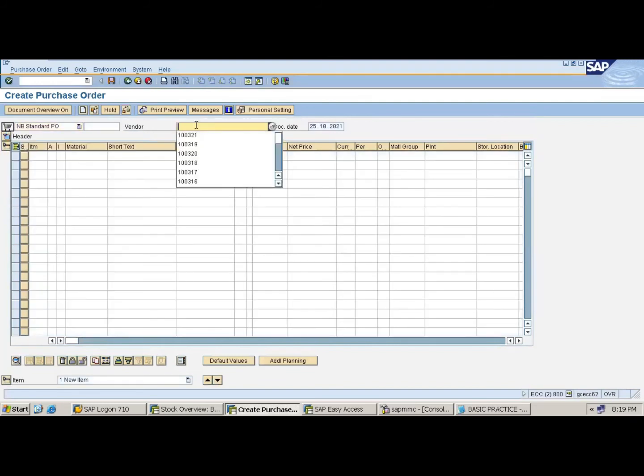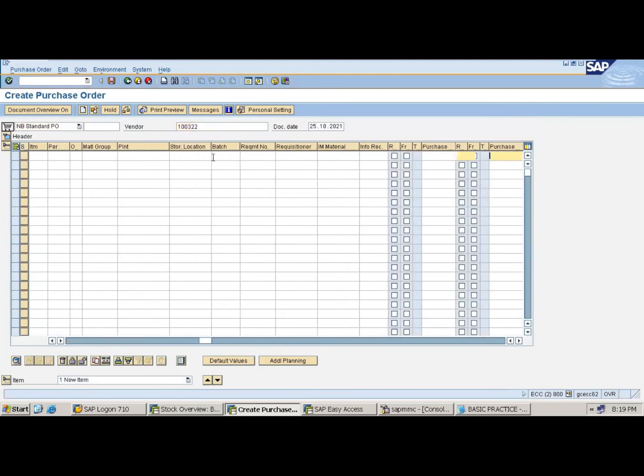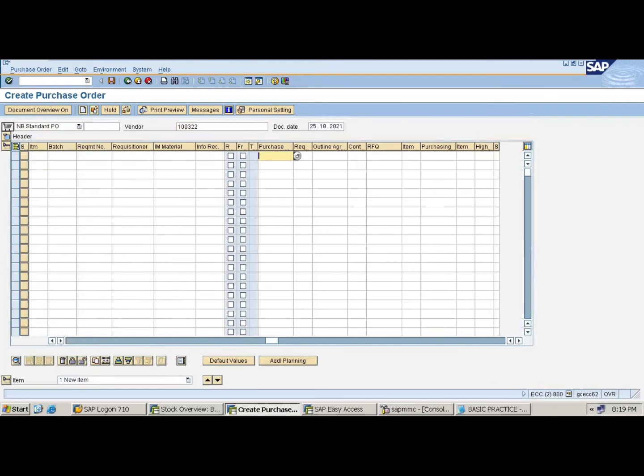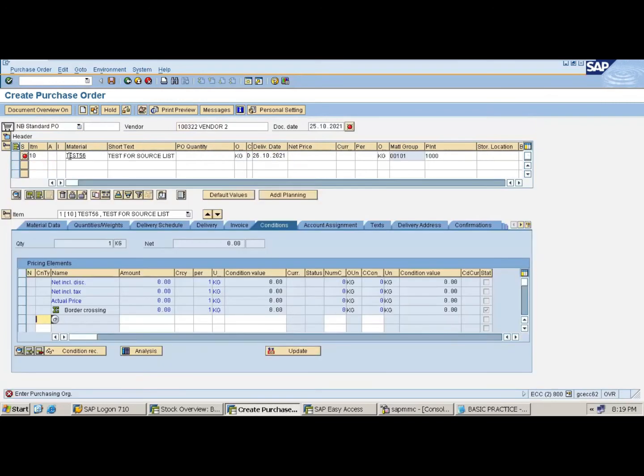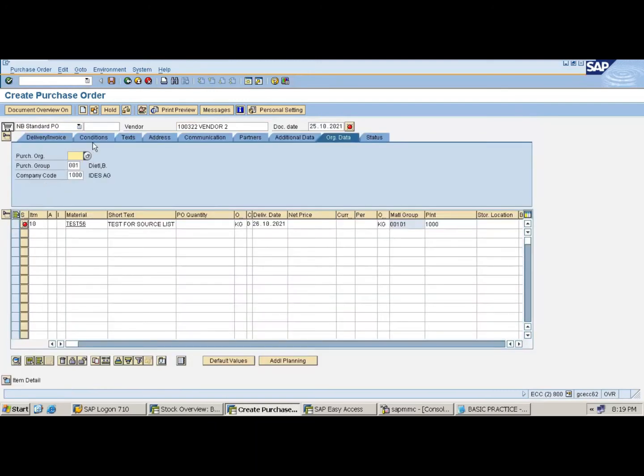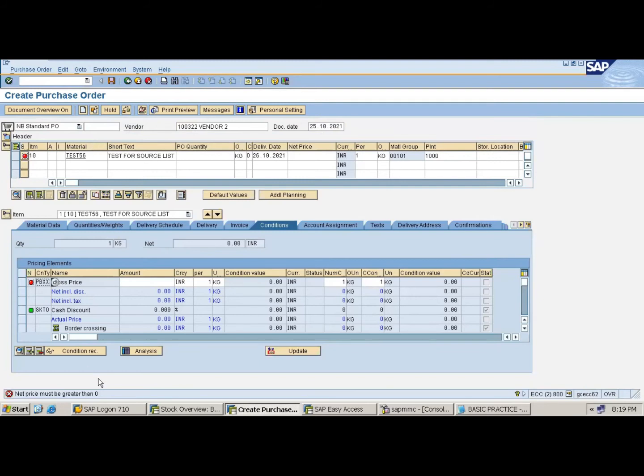See, I'll just take 322 instead of 321. Then I take the same PR number, enter. Okay, put the purchasing organization, net price greater than 0. Okay, fine. Enter.